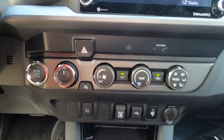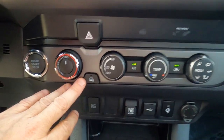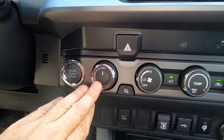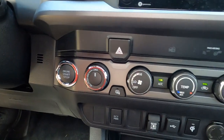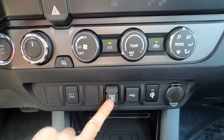Your heating and air conditioning is not automatic, but of course it does have air conditioning. You have heated outside mirrors. Here's your 4-wheel drive selector. Push button start, which is nice, part of the keyless entry, the smart keyless entry system. Rear window power switch,